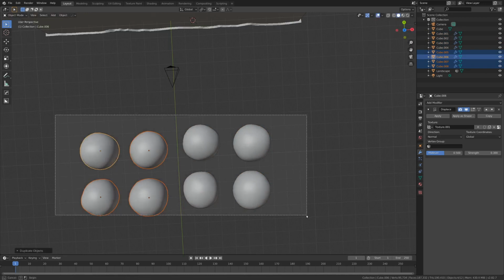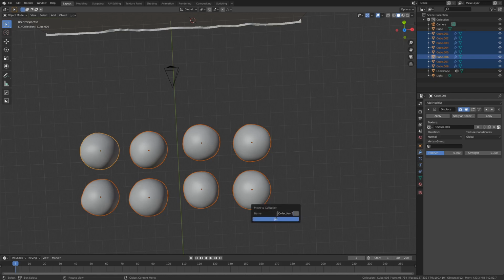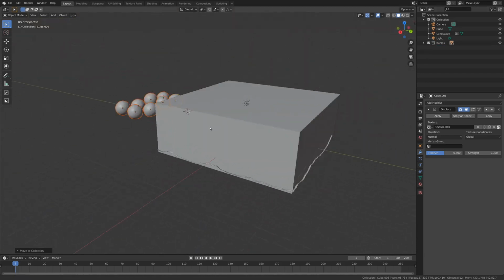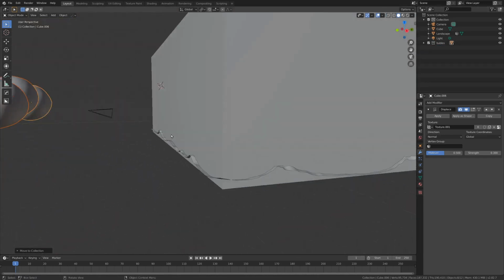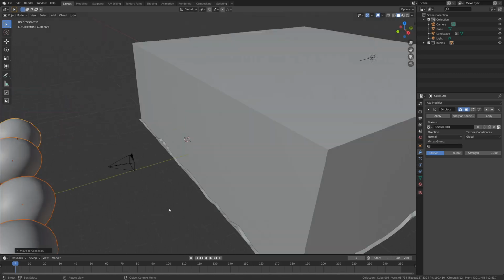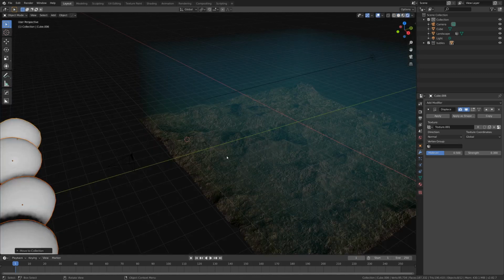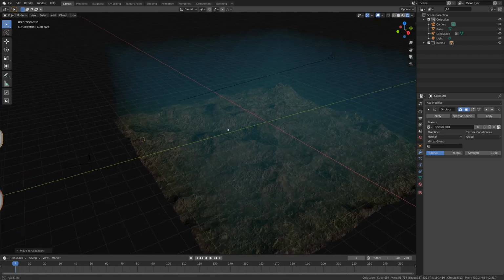Alright, nice. I'm going to box select that, just drag the mouse over them all and hit M and go New Collection. Okay, so we got our collection of bubbles here. I'm going to minimize that up here in the outliner, and what I'm going to do now is set up a particle system that will consistently emit these right around the range of the camera so that it looks like